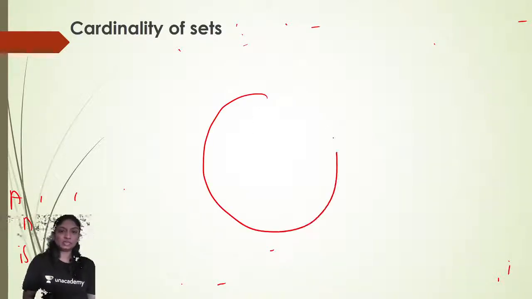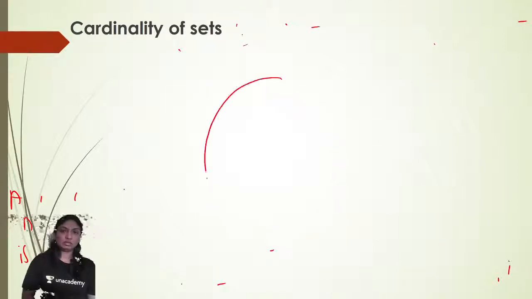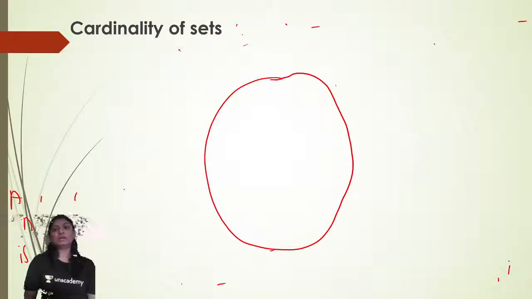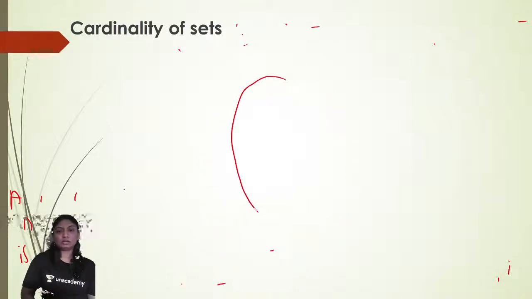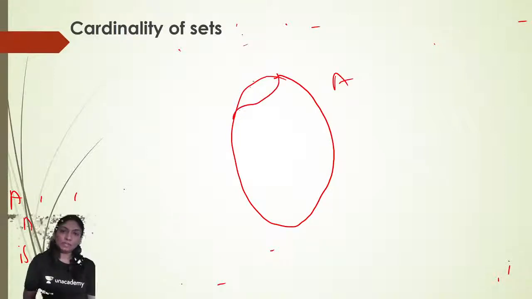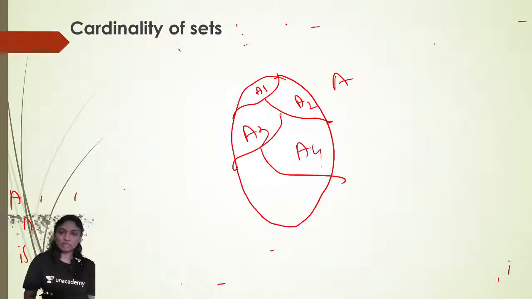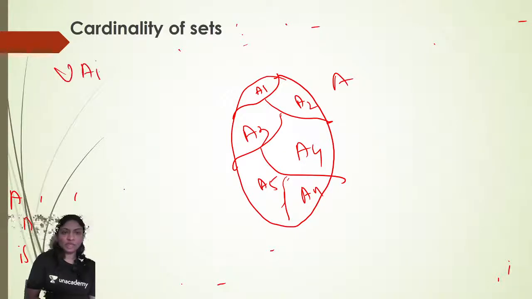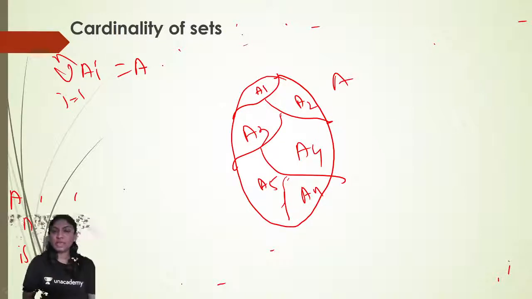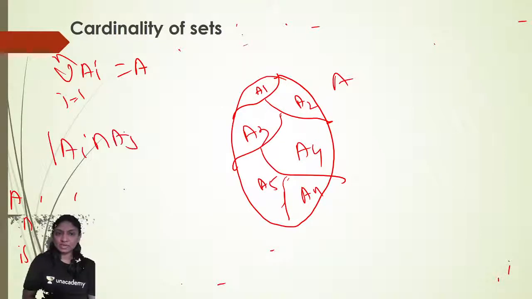Now, suppose this is your set A, and we will partition it into, suppose, this is A1, this is A2, this is A3, this is A4, and so on up to AN. So the union of all these sets gives you A. So the union of Ai, i varying from 1 to N, is equal to A,